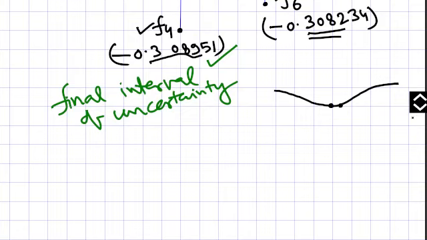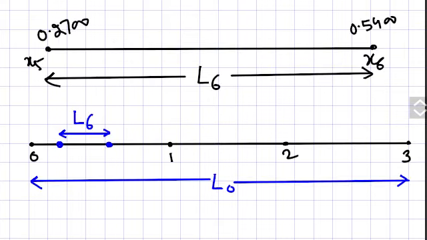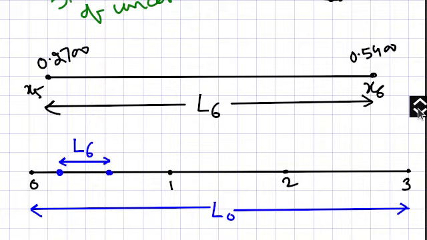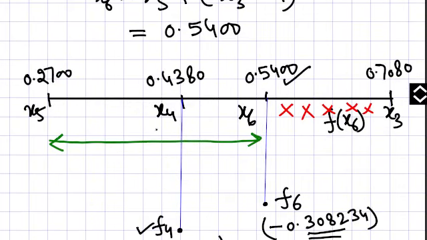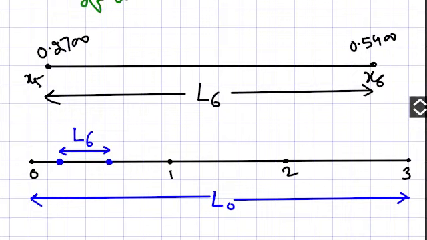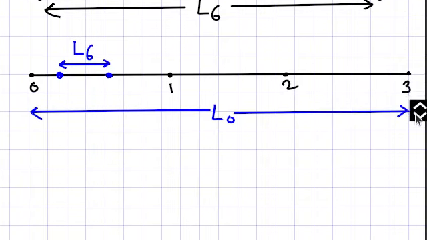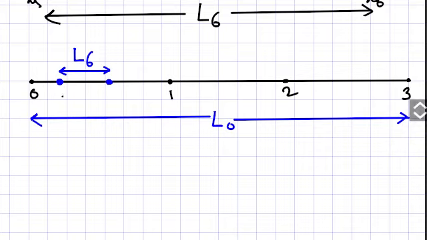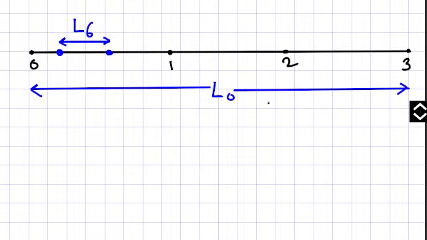Finally, in these types of questions, we find the ratio of uncertainty. In these two graphics you can see this is the final area of uncertainty that I have drawn here. In the next graphic I have shown the big picture. We started from this area of uncertainty, then we refined our search, and then we pinpointed the minimum point at this point. So this is the initial interval of uncertainty, and this is the final interval of uncertainty.